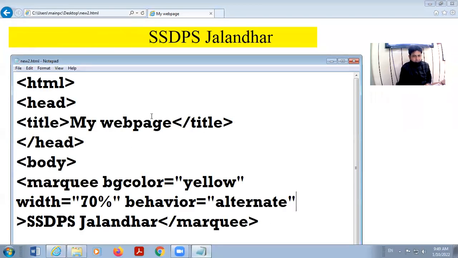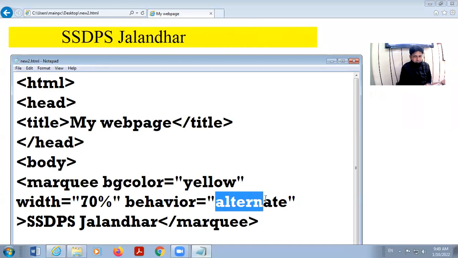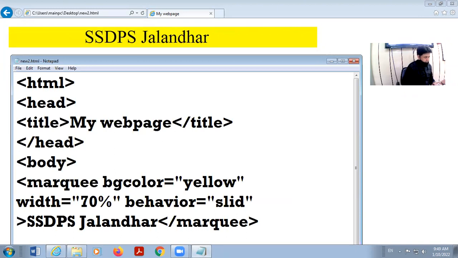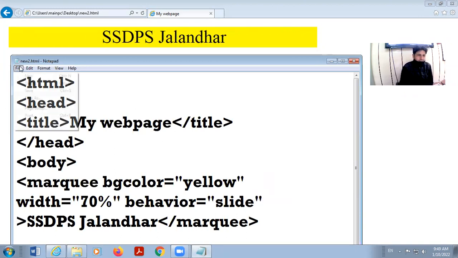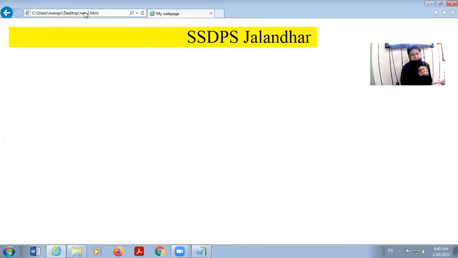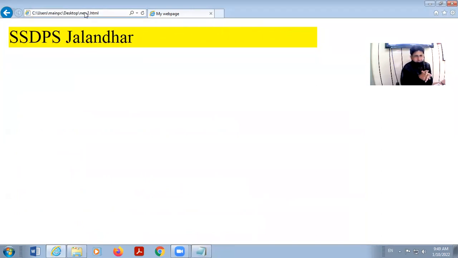Then in place of alternate, you can take it as slide. Observe the change. Now it will remain fixed here.